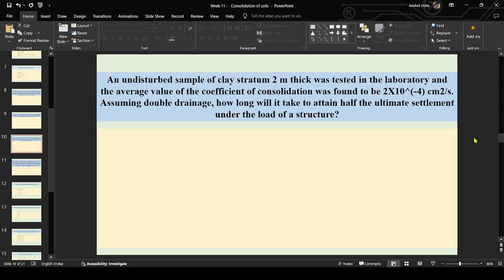An undisturbed sample of clay stratum 2 meter thick was tested in the laboratory, and the average value of the coefficient of consolidation was found to be 2 into 10 to the power minus 4 centimeter square per second. Now, assuming double drainage, how long will it take to attain half the ultimate settlement under the load of a structure? Even though I have mentioned the word settlement,